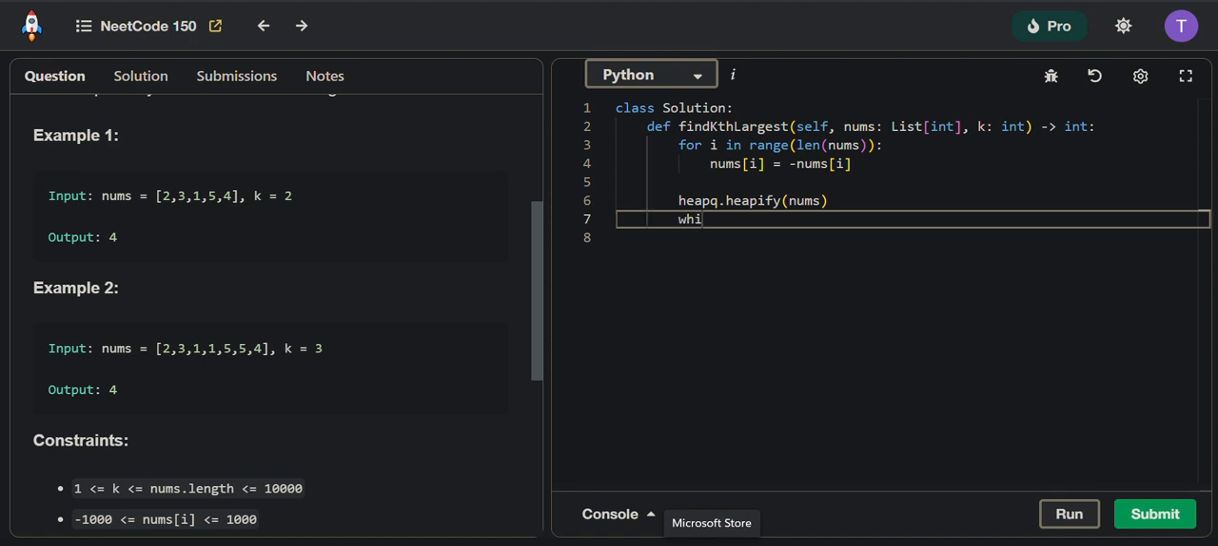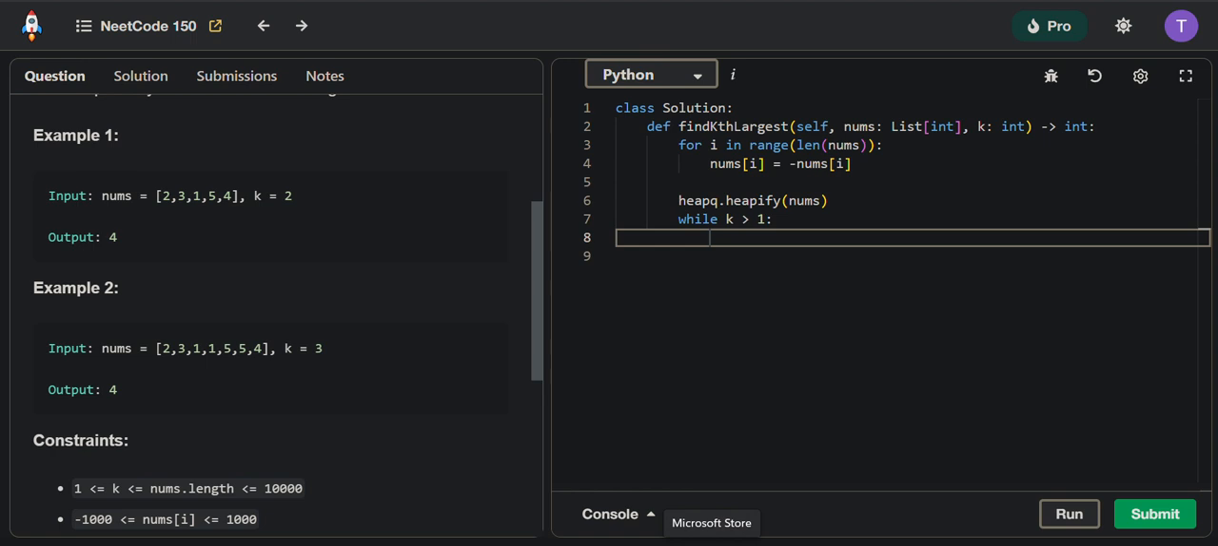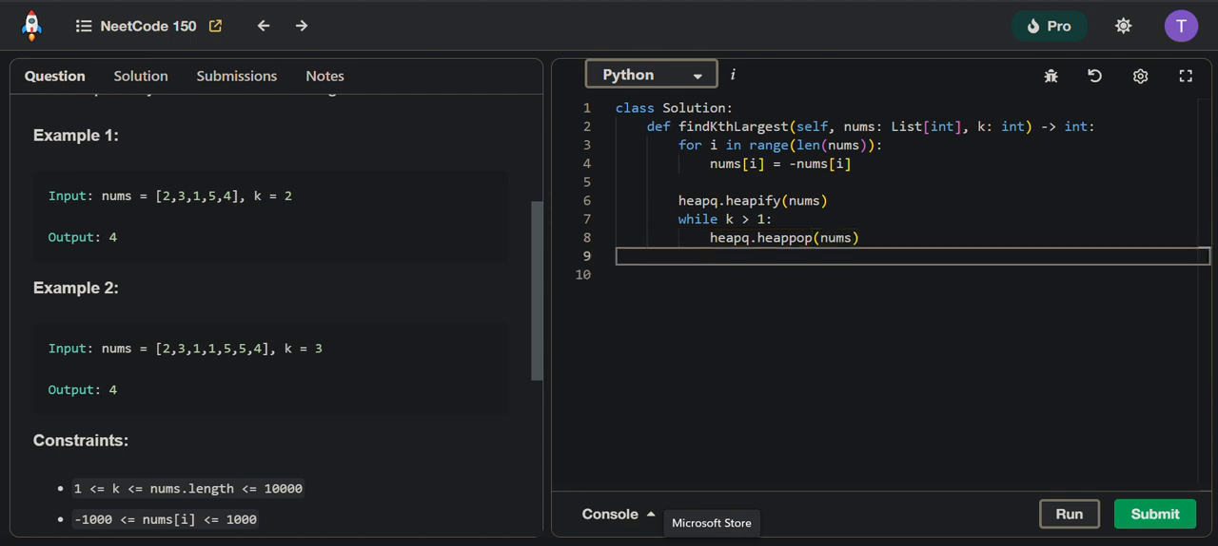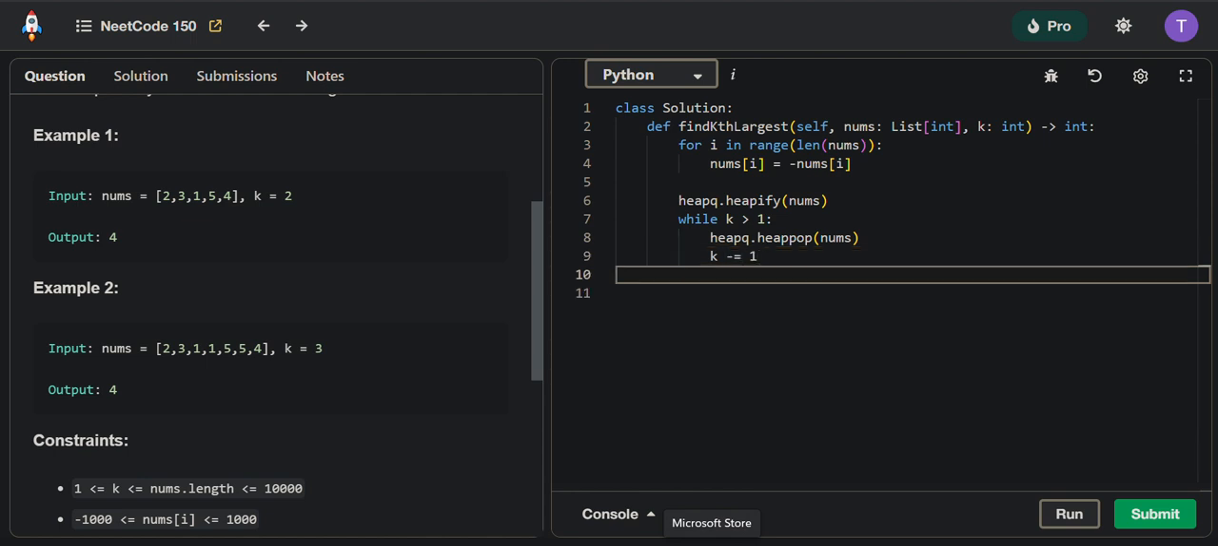So what we're going to do is say while k is greater than 1, we are going to use our heapq dot heappop on the nums, and then we're going to decrement our k by 1. So after this, let's say that our k value is 3. Our while loop is going to pop the top value 2 times. So we know that the top value is now the kth largest element. So we can simply return this value